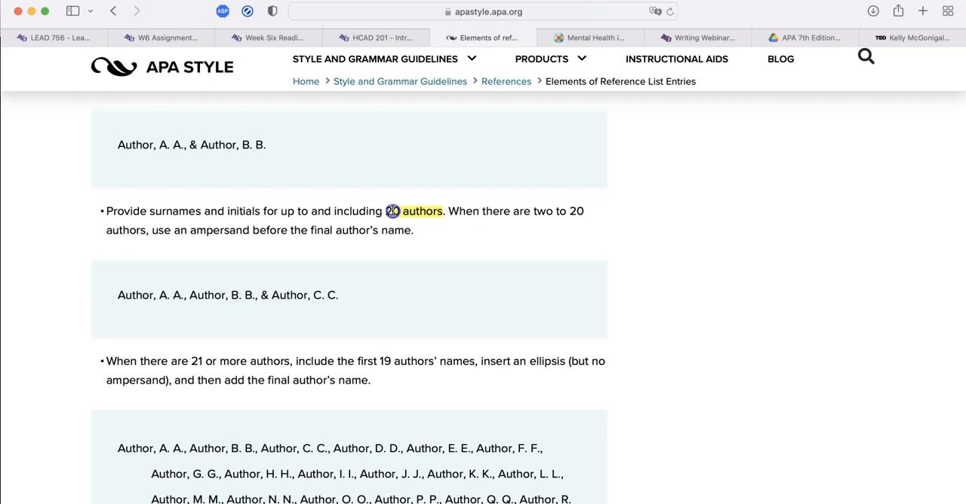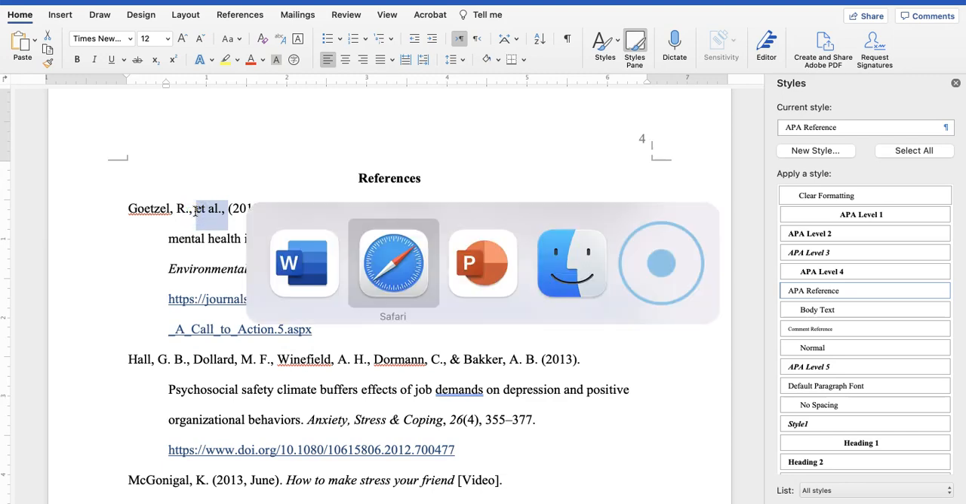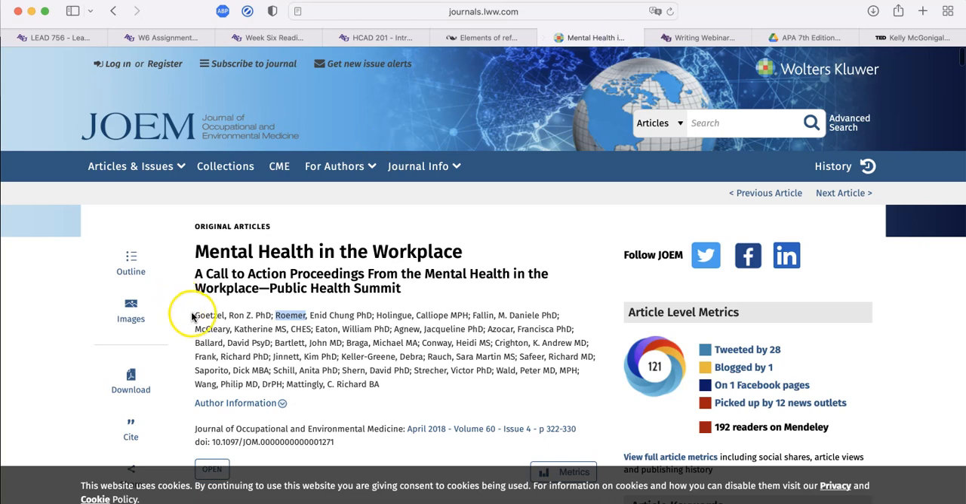And we see, up to 20 authors, and if there's more, include the first 19 authors' names, ellipses, then the final author's name. Now, if we look at the list that we have here, this doesn't provide anything. What we want is the article itself. Now, if we go to that article, we see